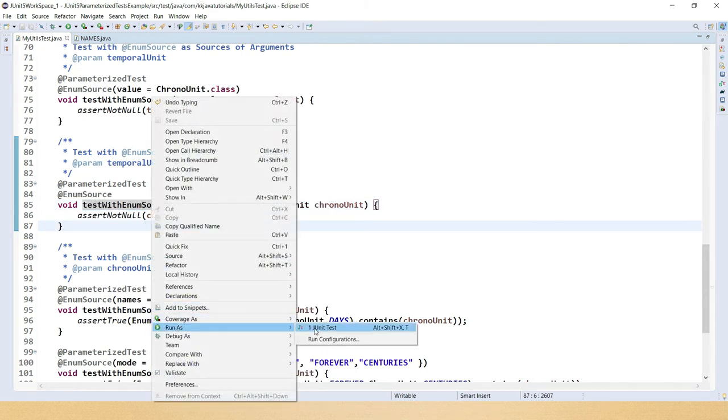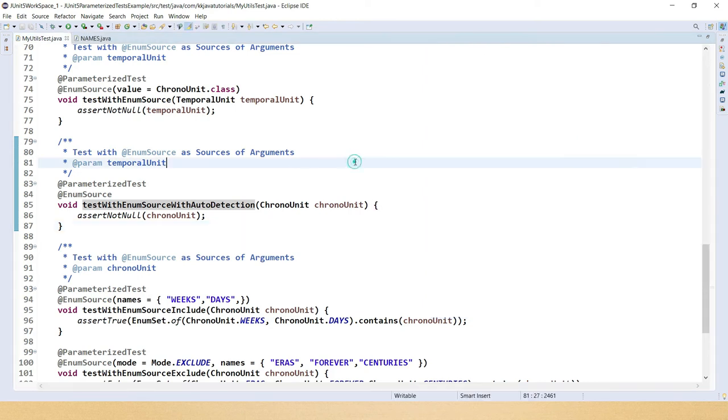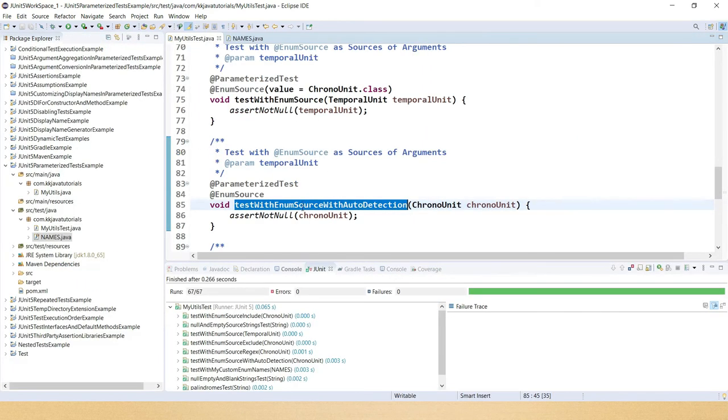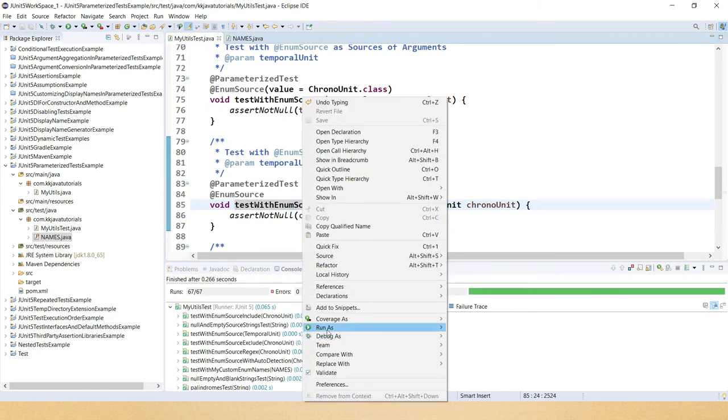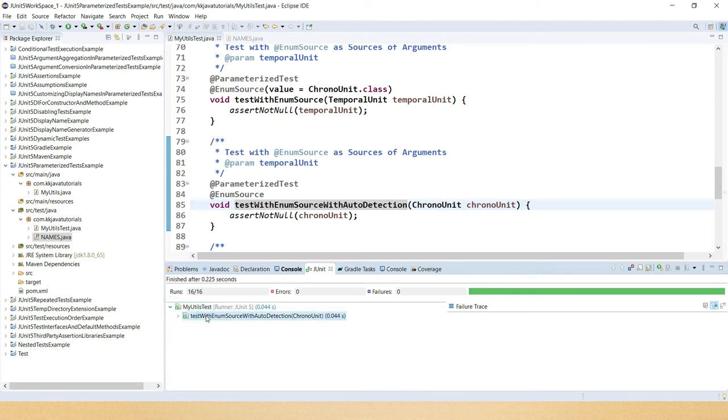Now go to run and JUnit. Sorry, I have executed all the test cases, which I did not want actually. I wanted to execute only this test so that I can show you. At this time it has executed only one test case, this one.